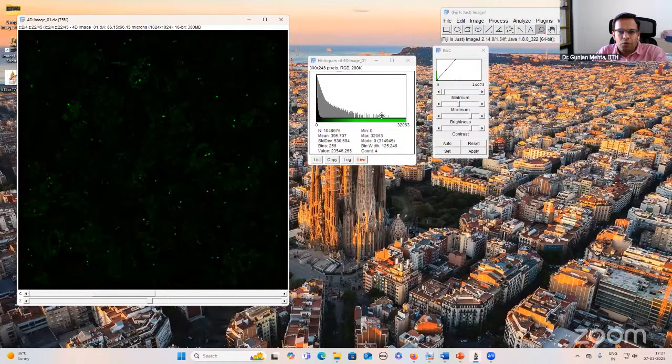There are 4 pixels with the gray value of 23,546. And as you go towards the left side, you can see that the number of pixel counts increases and the fluorescence intensity values go down. And if you reach this end, the value will be 0. Okay, so this is how to interpret this histogram of fluorescence intensities.